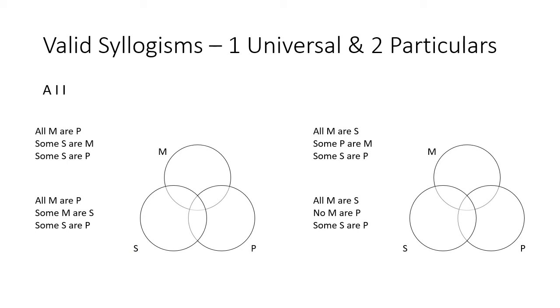Okay, so we're moving on to some forms that will get you the particular affirmative, so some SRP, and they all have an A claim, a universal affirmative, as a premise, and then a particular affirmative as a premise, and then the conclusion, as I mentioned, is a particular affirmative. So you have 4 forms where you can do this,